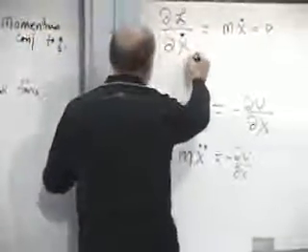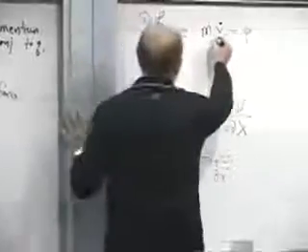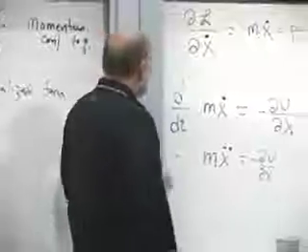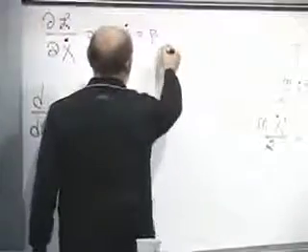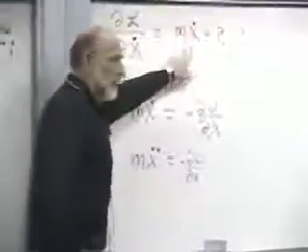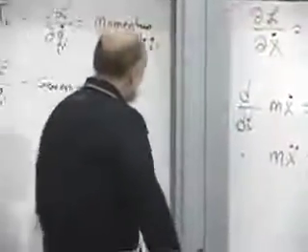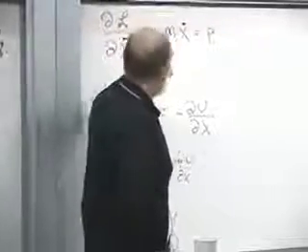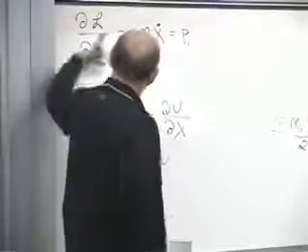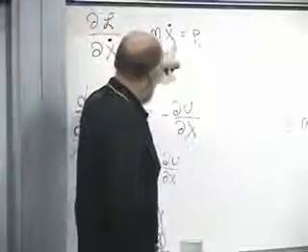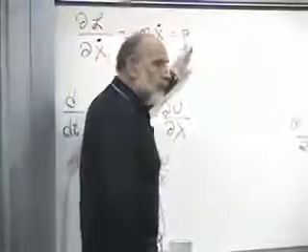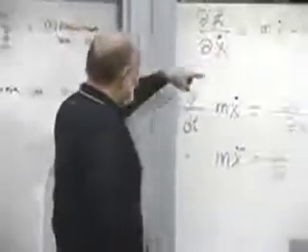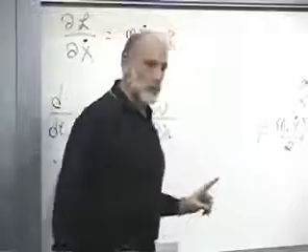Then what happens if we go through the same exercise coordinate by coordinate? Well, the partial of L with respect to x sub I dot becomes m sub I times x sub I dot. We'll call that P sub I. No summation intended here. So, if this is x, y, or z, this could be the x, y, or z component of a particular particle momentum, but we could also vary which particle we're talking about. And so this extends not only over the directions of space, but which particle we're talking about. There are 3n momenta and 3n positions.